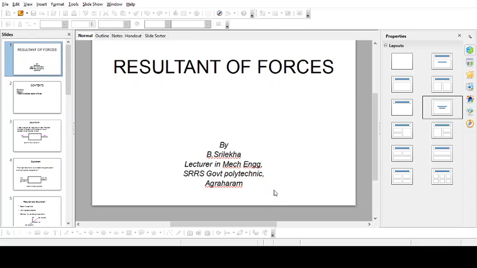Similarly, south to east, then from south I'll take reference, and towards the east side I'll draw. Again, if I say west to east, then west is my reference, and from west towards east I'll draw. Again, west to north, then west would be my reference, and from west I'll draw towards the north side. So understand the difference between "to" and "of", and accordingly you have to draw the diagram.